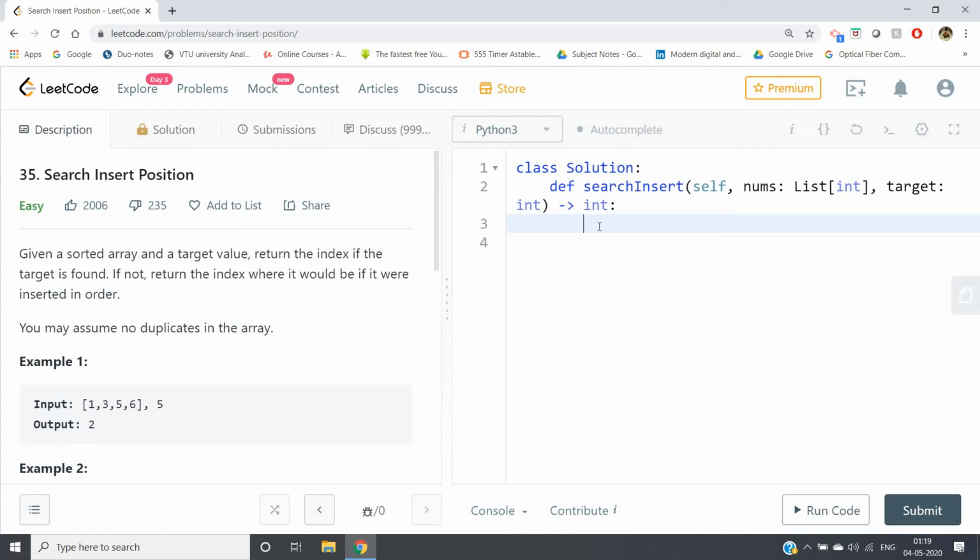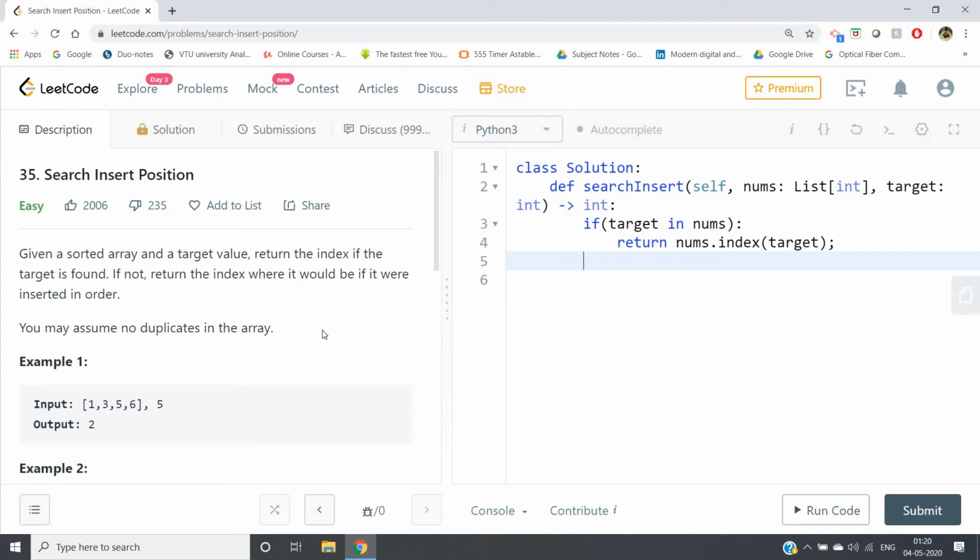So we can use the index method. First we will check whether target is present or not in the list. If target in nums, then simply return nums.index(target).